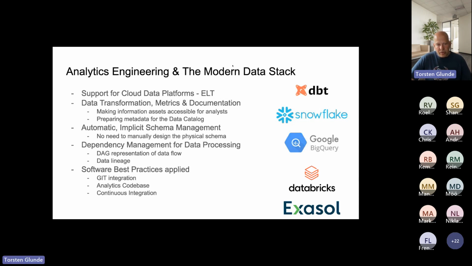Also, one of the reasons why we jumped onto this DBT train like 5 years ago was that there are software best practices applied. So the documentation, the transformation rules, everything is being integrated into Git. And therefore you have an analytics code base that can also be versioned and tested. And you have continuous integration processes that can, on top of those transformation definitions,